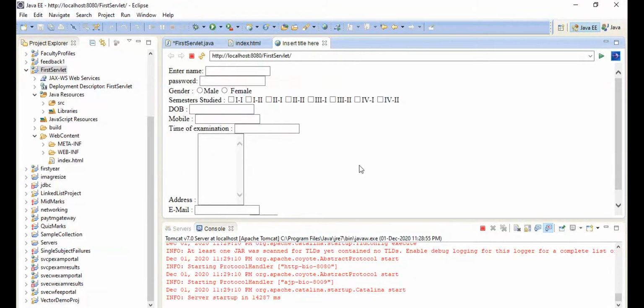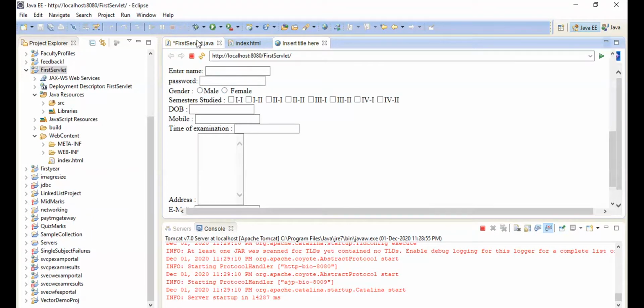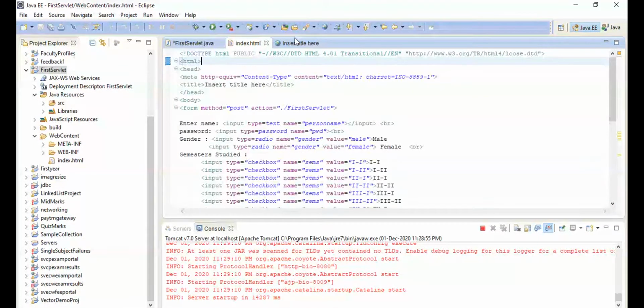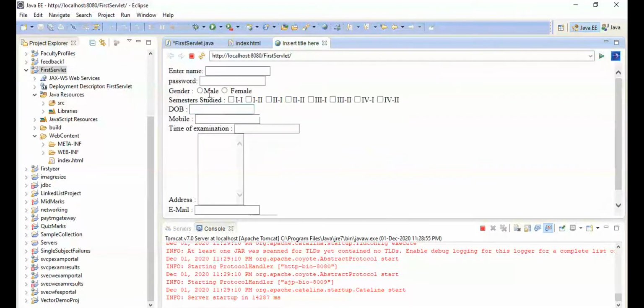Next control, please. Gender, sir. So what is the control here we are using? Radio button. Very good. How to read the radio button here? Gender. From these radio buttons, if the user selects, how many values will come from this control? Only one value.